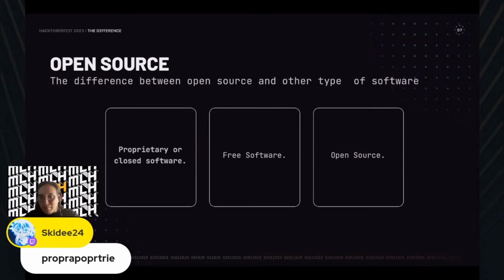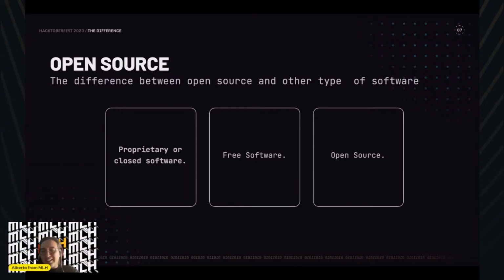Okay, so, any confusions? I know that for most people they can act in the same way, right? Just for the free software people, there's a very big difference about this.